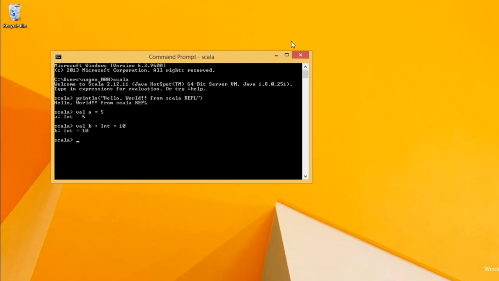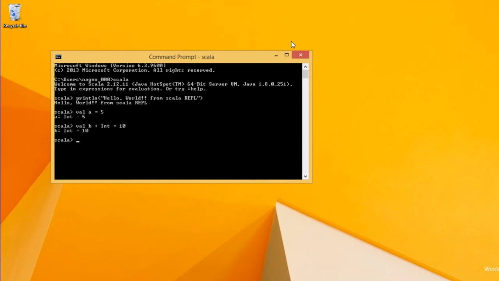Scala has a good type inference system. If we just assign 5 to a, it will infer that it is an int, or we can explicitly say that this b is an int and not a float or string.